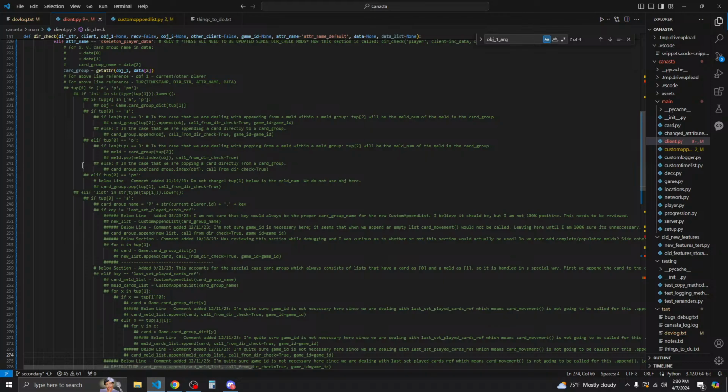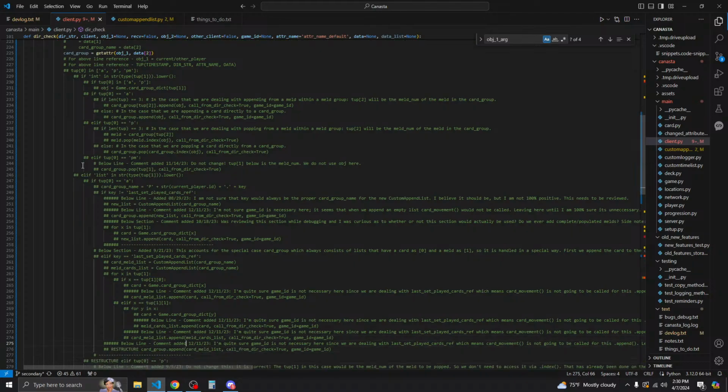So now we have the card meld list, which consists of a card at index 0 and then a meld at index 1. Now why that is, I still don't understand. I still don't know why we do that. So then it says card group append card meld list. So apparently we do this for a reason.